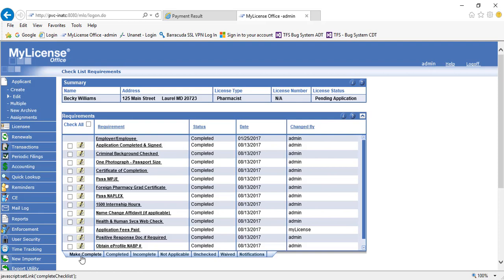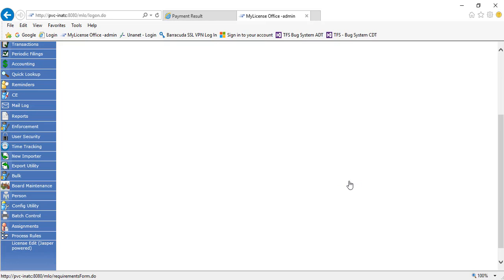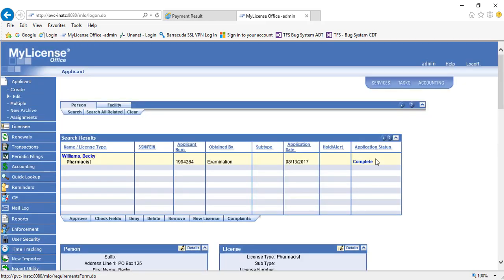So now we'll make all of them complete, saying that every single checklist item has been looked at and it is complete. And then we'll go ahead and hit back. And now we can see here that her application status is in fact complete. So we're going to go ahead and take a look at these buttons down here. We do have multiple options using these buttons, but for today we're just going to go ahead and click on